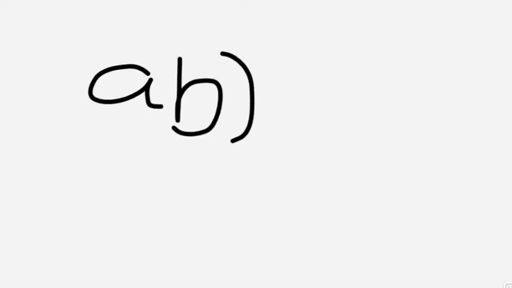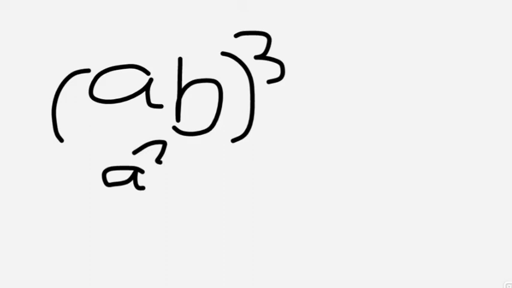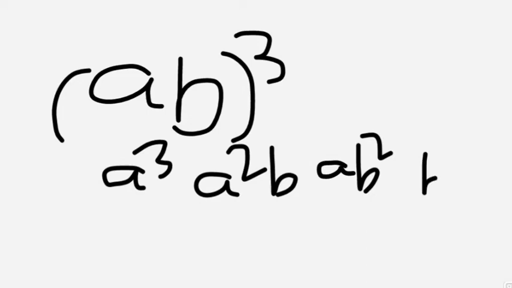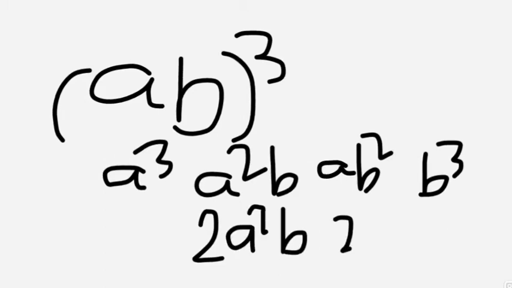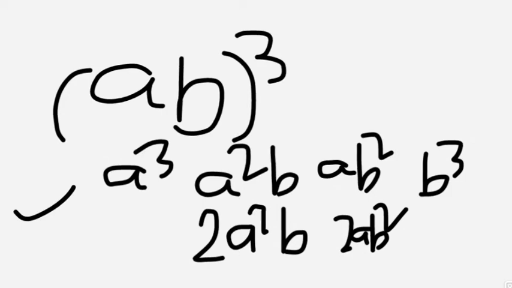We have a basic step to remember, that is, suppose you want to cube a number like this, AB cube, so you have the basic step, that is A cube, A square B, AB square and B cube, okay. And next you have to double this middle part, 2A square B and 2AB square, okay. If you have a number like this, AB cube, so you have to do like this: A cube, B cube, A square B, AB square. So after this step you have to double the middle part, okay.